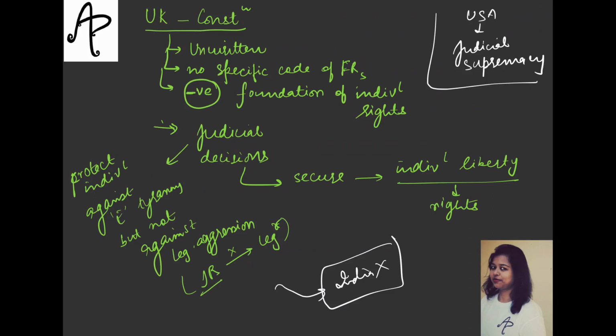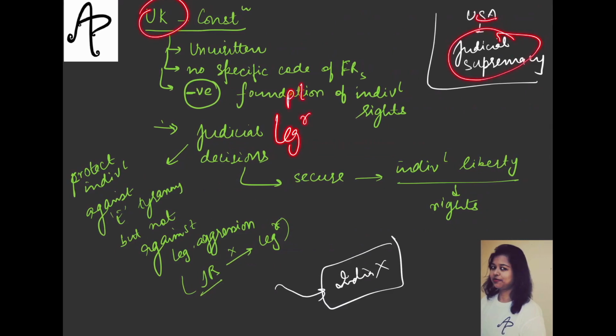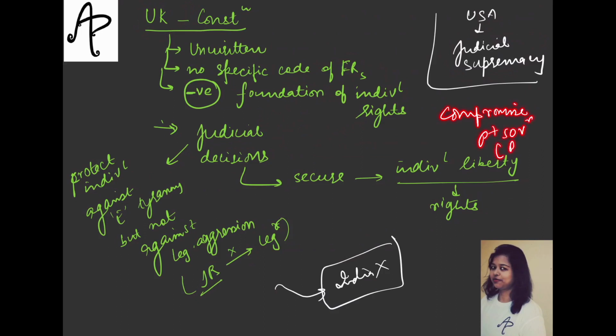So in US में judicial supremacy है, UK में you have the parliamentary sovereignty या legislature की sovereignty. So and India में हमने क्या रखा हुआ है, दोनों का mix रखा हुआ है, दोनों का एक balance रखा है. ठीक है, we have tried to have the compromise between both parliamentary sovereignty, which is a feature borrowed from Britain, and judicial supremacy, which is a feature borrowed from USA.